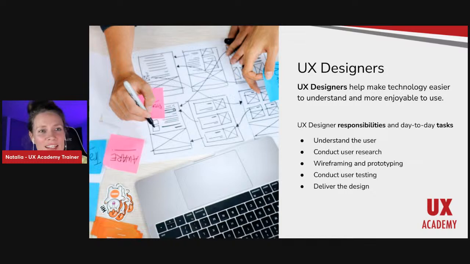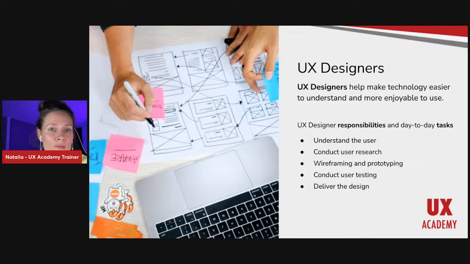And very often people ask me, what are my responsibilities and what is my day-to-day task? So here I have a list of what I do day to day, and highly probably what you are going to do if you would like to become a UX designer. As a UX designer, I am trying to understand the user, what motivates them, who they are, and what drives them. And of course, I have to understand what their problem is. For that, I try to empathize and understand the user and conduct user research.